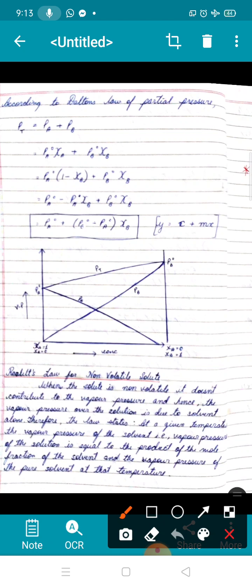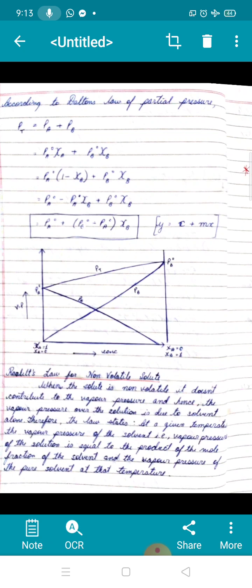The first case, Henry's law, we have studied where the solute was a gas. Second situation, Raoult's law, we have learned when the solute was a liquid. Now the third situation we are taking is when the solute is a solid. That is also governed by Raoult's law. Actually, it is not a new law, just a modification of the previous law.